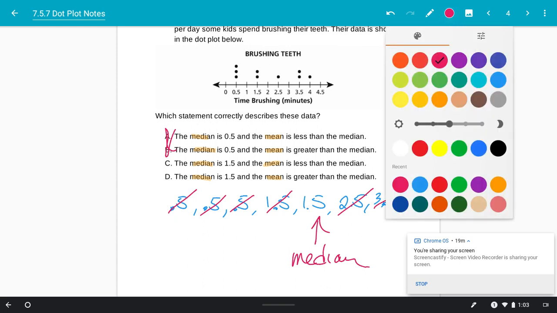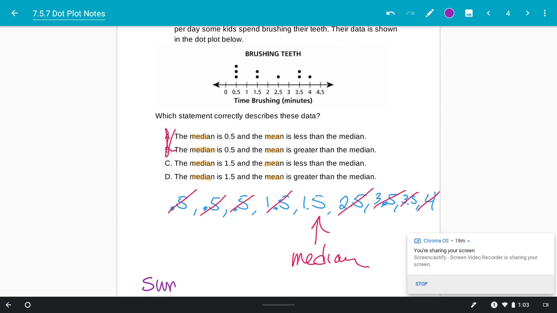So my total here, or the sum of our data, we would calculate by adding up 0.5 plus 0.5 plus 0.5 plus 1.5 plus 1.5 plus 2.5 plus 3.5 plus 3.5 plus 4 to get a total of 18. And so then our mean would be calculated by doing 18 divided by, we have 1, 2, 3, 4, 5, 6, 7, 8, 9 data values to get a mean of 2. So now our median is 1.5, our mean is 2. So that means that the mean, the average, is greater than the median. So that's going to match